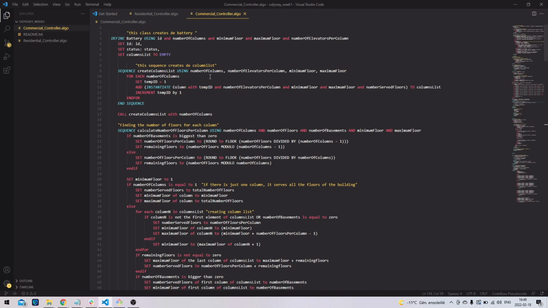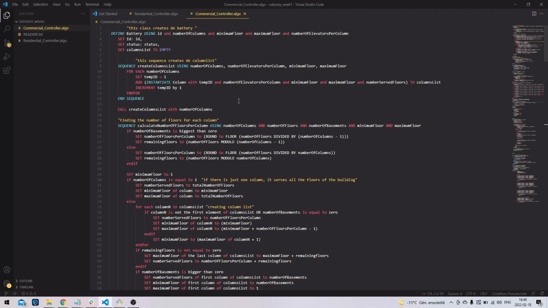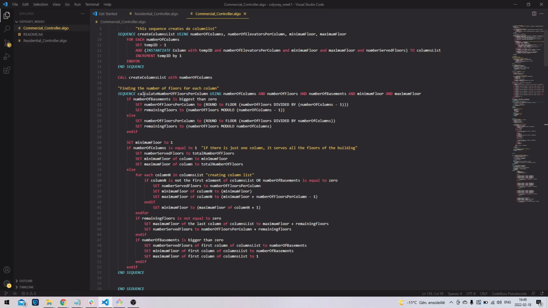That's the point. Because honestly it would be way easier just to set the number of columns that I used at the top, which I figure would be way easier, but I don't think that would be the right way to do it. So we create a column list with the number of columns, elevators per column, minimum floor. It goes here, and we use the sequence to calculate the number of floors per column. How I did it was basically use the number